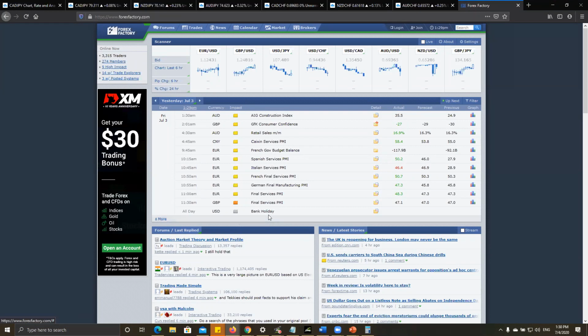What can you see here? Bank holiday. So if there's a bank holiday, the whole United States banks are not trading. And which session has more volume? Is it the Asian session, or the Europe session, or the US session? US session. Right, so in between the US and the Europe session, where both of them overlap, that's where most volume is. So when one of the significant parts of the trading session is not in the market, you are bound to see a day like,